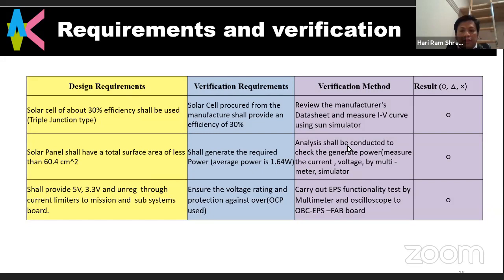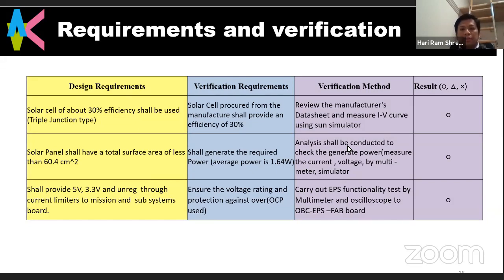Another one is the solar panel surface, which is necessary for the output power case. So we need to calculate with the data sheet. In this case, we only need to measure the area. This one we already did, because this is a burst area test. So we were sure for the system.